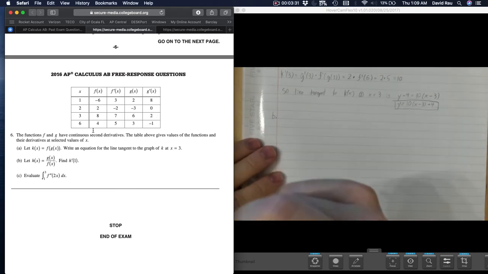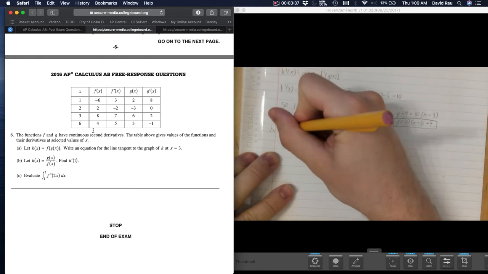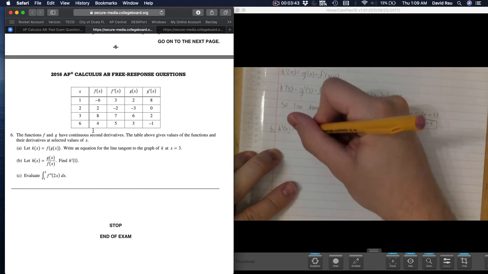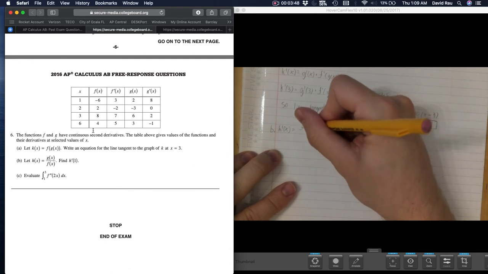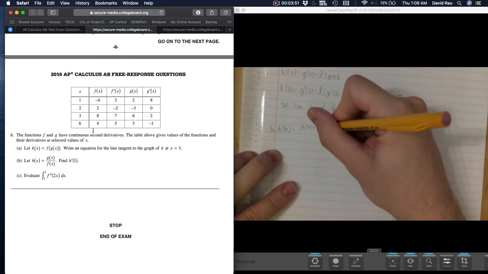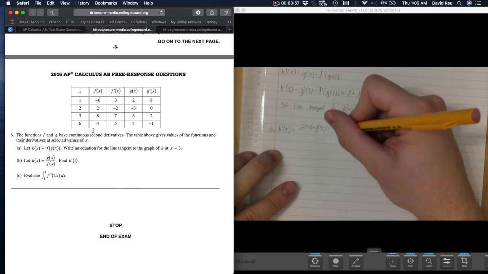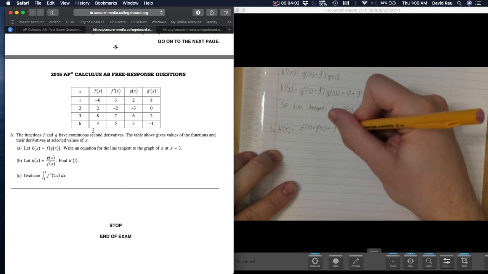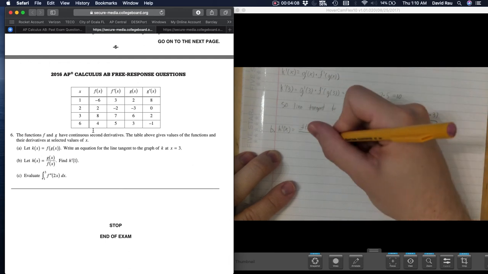So now it's time to do the quotient rule. Again, this happened in 2017. I really said I could definitely see them doing this because this really gets at the fundamental idea of all your big derivative rules without getting too messy with the algebra. Okay, so we have f of x times g prime of x. So bottom times the derivative of the top, minus, so the order matters here, the bottom derived times the original top, all over the, I'm going to write it like this, the bottom